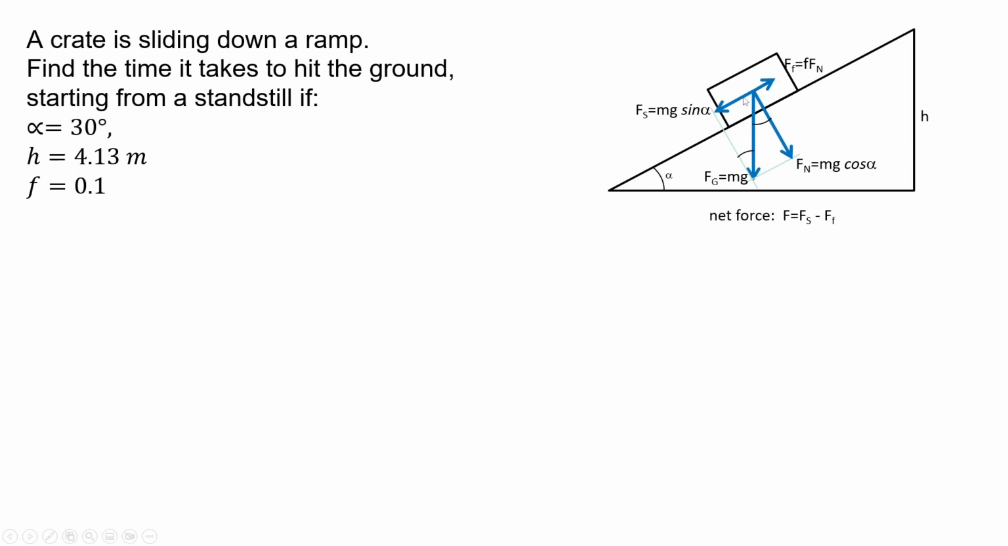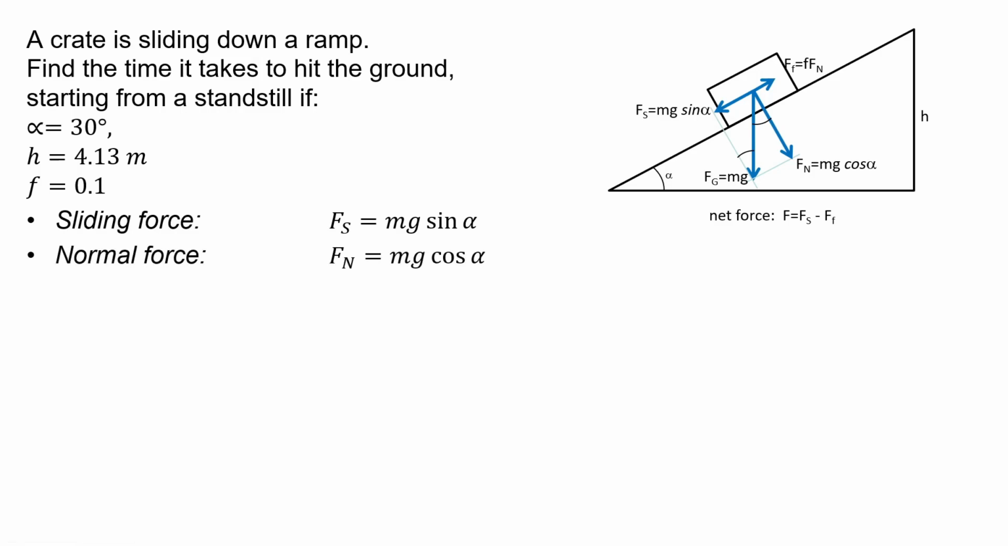We also have a diagram with all the forces already shown here. So we have the sliding force mg sine alpha, normal force mg cosine alpha, and they are of course both associated with the gravitational force mg. So the first step in any exercise like this is actually a no-brainer. We just start with saying, we will have a sliding force Fs equals mg sine alpha, a normal force equal to Fn